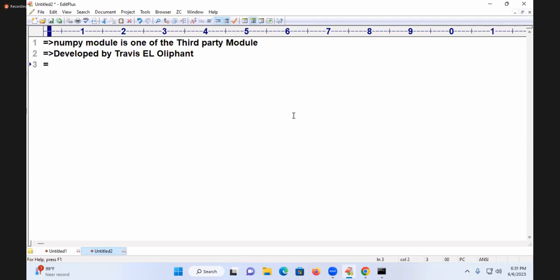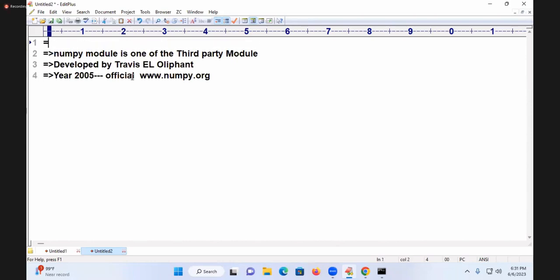Coming back to the point, in the year 2005 it was developed, at an organization called NumPy.org. www.numpy.org is the official website for NumPy. And before NumPy, you know one thing, there was a module called